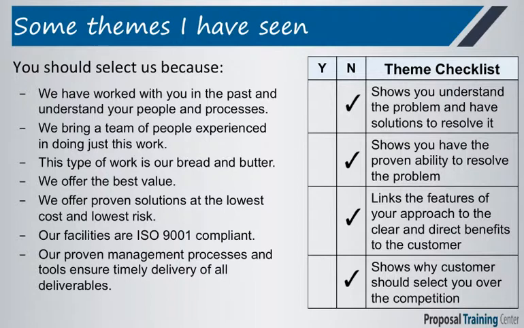Now, if you look at these a little more carefully, you'll see that some of these have the seeds of a benefit nestled within them. But the benefit is merely implied. It is not explicit. And the rest are simply what we call unsubstantiated bodacious assertions that require the evaluator to take it on trust that you're best suited to do the work. They won't do that. As to this statement, who cares if this work is your bread and butter? How is that supposed to persuade them to select you? And finally, there's this one, which is just lazy. It's something you throw in because you think it might help.